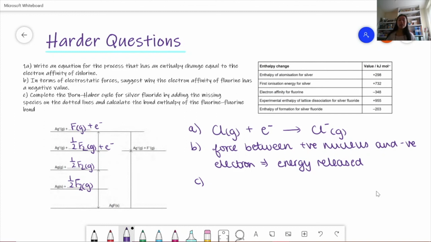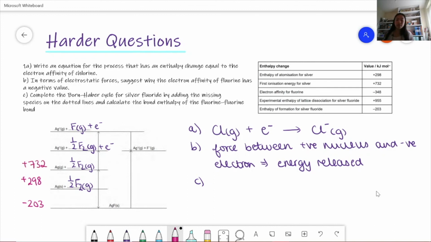And now it tells us to calculate the bond enthalpy. So I'm going to write all the numbers in a different color. So the first one we have is this enthalpy of formation for the silver fluoride. So that's minus 203. And then the next thing that happens is that we atomize the silver. And so we have plus 298. And then the next step is they've taken the first ionization energy for silver. So that's going to be plus